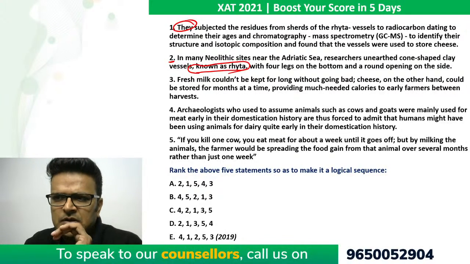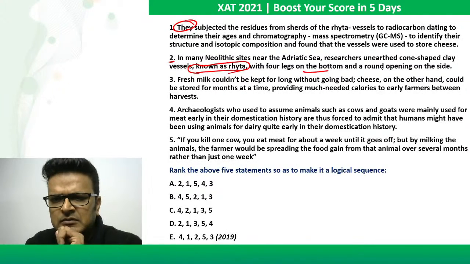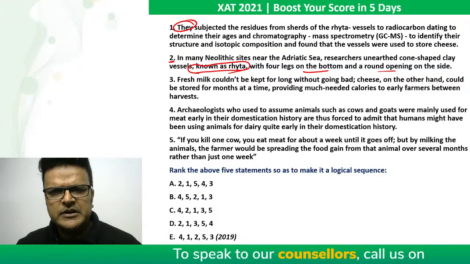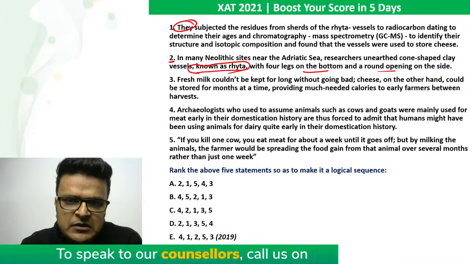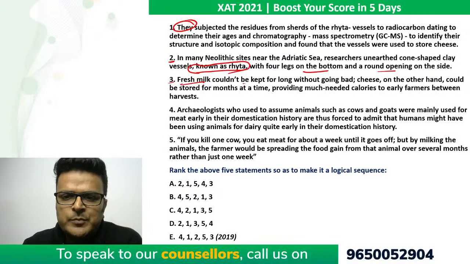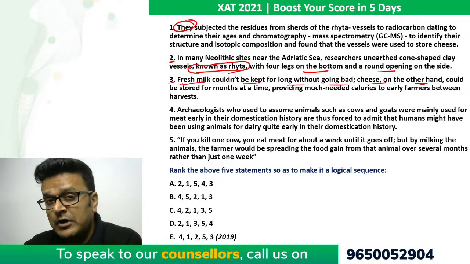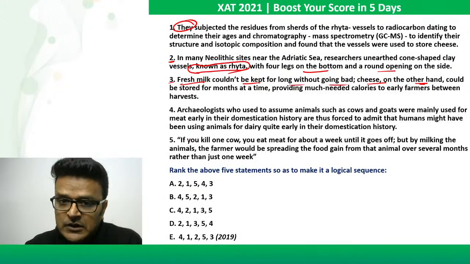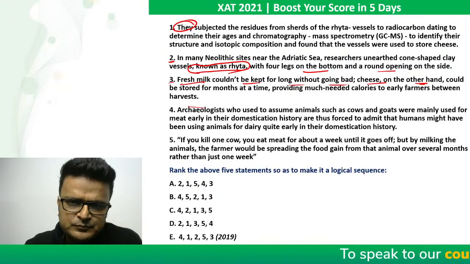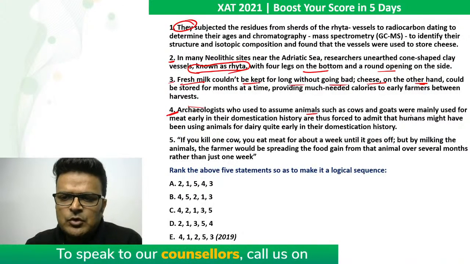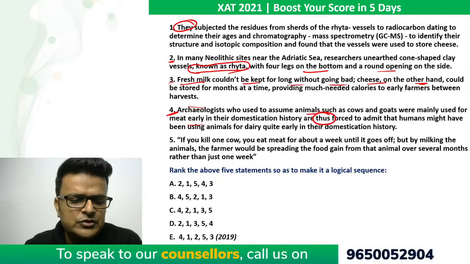Okay. So the vessel's name is Raita. It has 4 legs on the bottom and a round opening on the side. Something like what we usually have in villages and all to keep water and stuff like that, right? Okay. Then third talks about fresh milk could not be kept for long without going bad. Cheese, on the other hand, is talking about a quality of the thing called cheese. And fourth says archaeologists who used to assume animals such as cows and goats were mainly used for meat are thus forced to